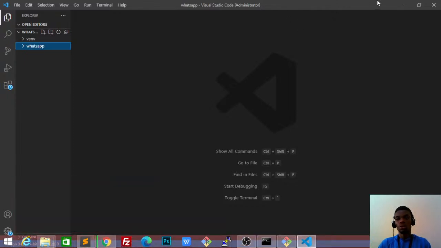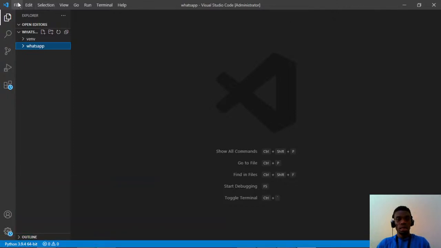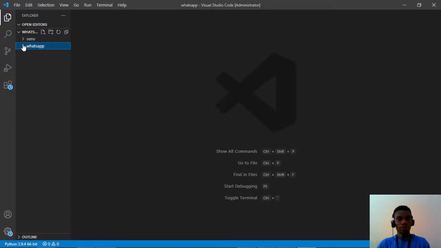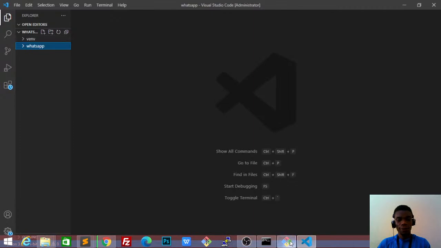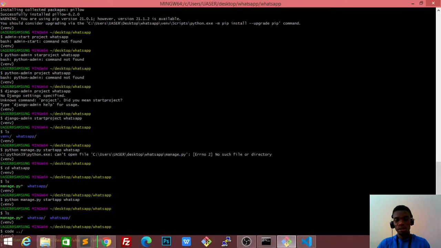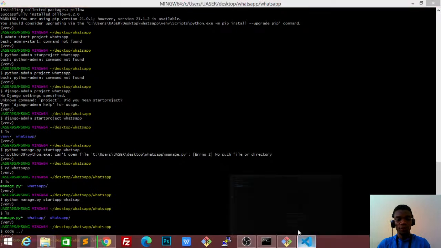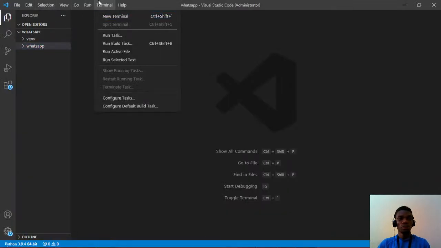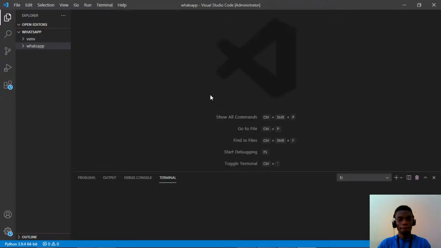Let me show you how to run it, and there's also a very nice editor. But for now, let's run this. Now we have our own project and app. I'll show you how to run it. We'll use VS Code to run our terminal. So now go to terminal, new terminal, and type in,